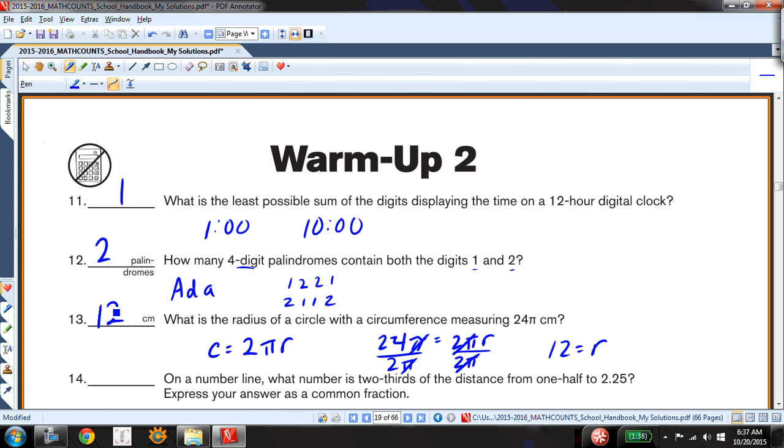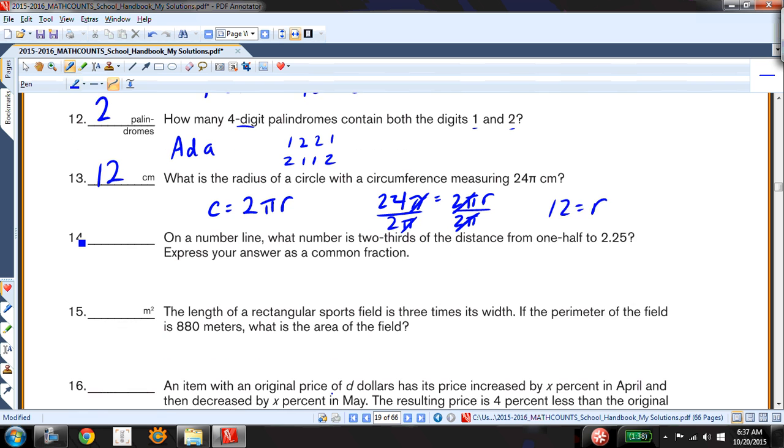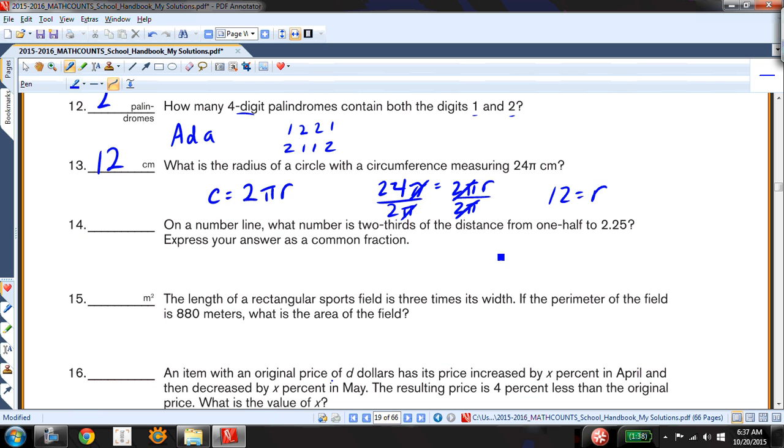So 12 centimeters. On a number line, what is 2/3 the distance from 1/2 to 2.25? Okay, so this is my number line. I'm going from 1/2 to 2 1/4, which is also equal to 9/4. Let's see. First of all, I want to find out what this distance is on the number line. So I say 9/4 minus 1/2, which is 2/4. That's equal to 3/4. And then I want to know what is